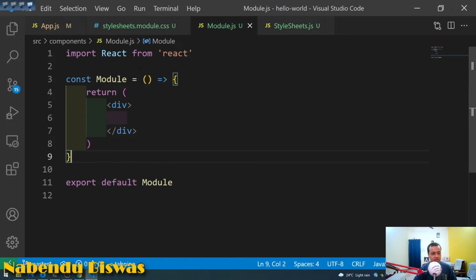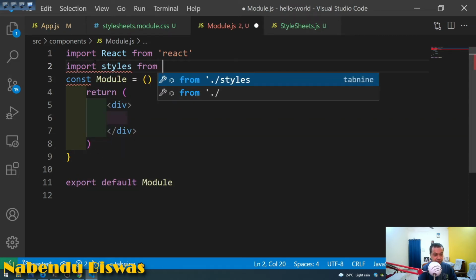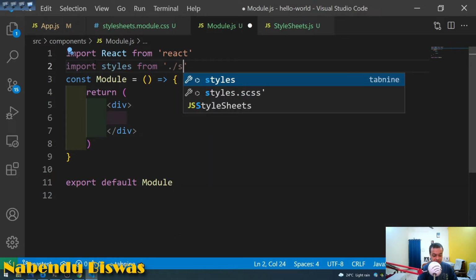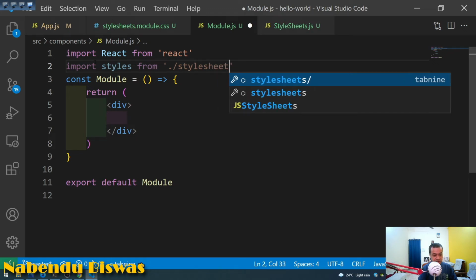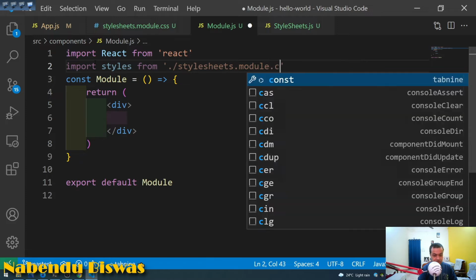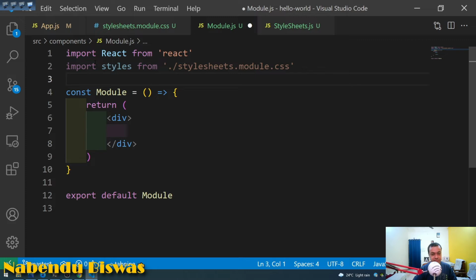Now how will I include this module.css? So there is a different way to include it. That is the main thing: import styles from style sheets dot module dot css. Style sheets dot module dot css. So this is there, styles. So like this. So this styles keyword is very important. Okay, the styles keyword is very important, and then here I am,